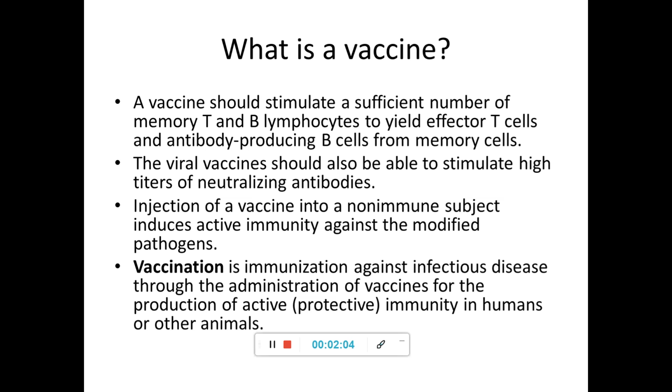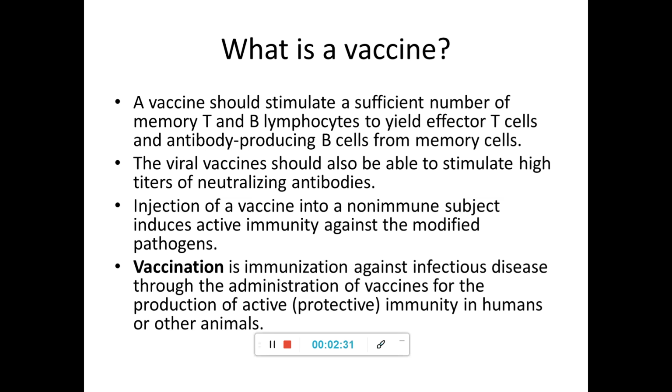A product, a part of the microbe which is either live or inactivated, or which is a genetically engineered product, or whatever it is, or it can also be a toxin which has been inactivated. If such a vaccine can trigger an immune response by waking up the memory B cells and the T lymphocytes to become active antibody producer cells as well as effector T cells,